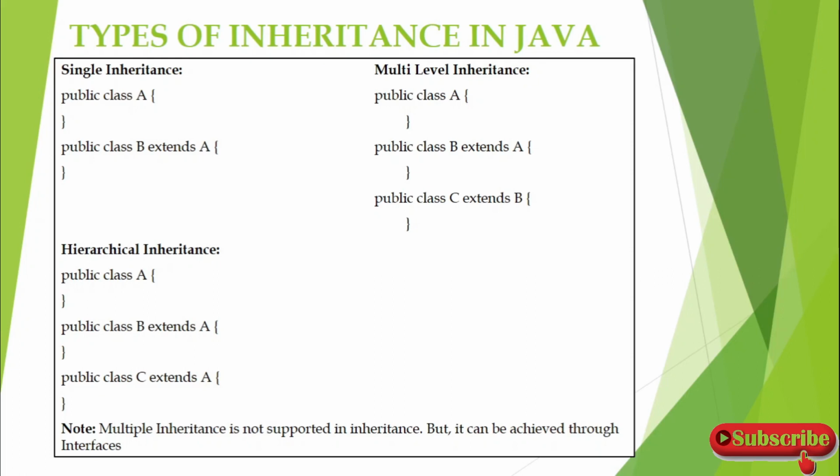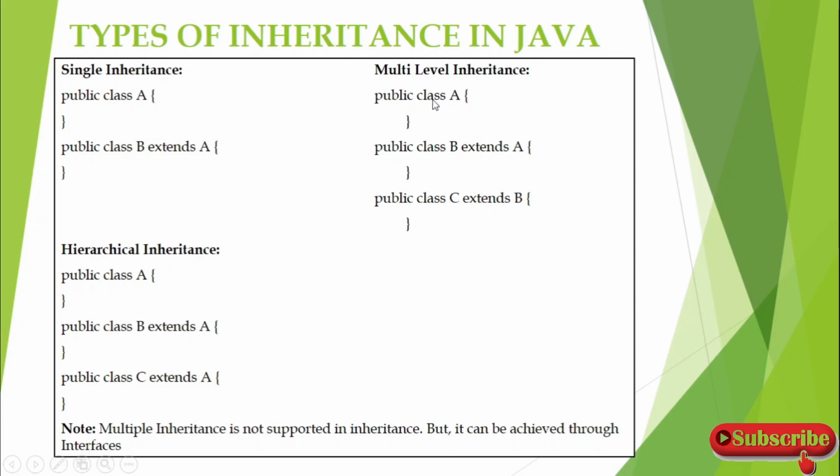Next we will see the types of inheritance in Java, and the first one is single inheritance. Here you can see you will have a class A, that is the parent class, and another class called B, which is the child or derived class, and it is extending the parent class. If you create an object for B, you will be able to access all variables and methods available in B as well as in your parent class A. So with a single object created with the reference of class B, you can access the properties of both A and B. This is called single inheritance.